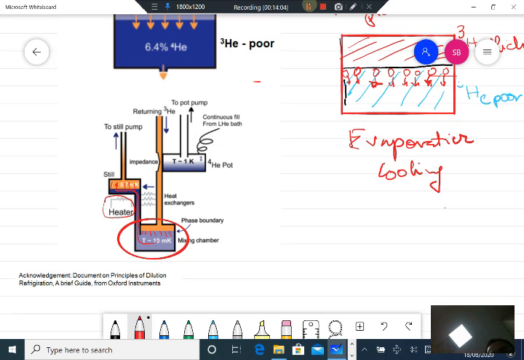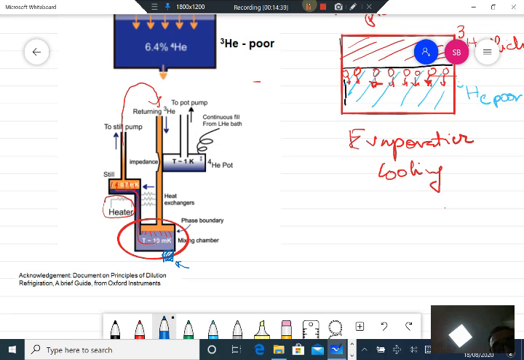The still can be brought down to a temperature of around 10 milli-K, and this region can be brought down to a temperature of 0.7 milli-K, and this gas which is coming out is again taken back in. It's a closed helium-3 cycle, where you keep on circulating this helium-3 gas through the liquid, and the whole temperature can be brought down to the order of 10 millikelvin.